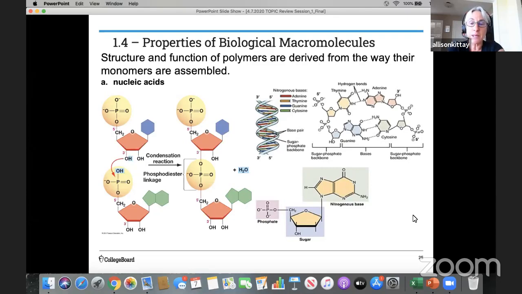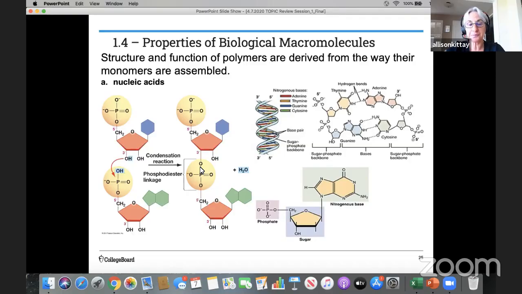So let's take a look at how we build a nucleic acid. So we are going to do a condensation or a dehydration synthesis reaction here. And so what you've got is 1 nucleotide. It has its phosphate group, and there's our phosphorus. It's got a pentose or 5-carbon sugar, and it's got a nitrogenous base. And we are going to remove a water molecule. We're going to remove a hydrogen from this nucleotide and a hydroxyl from this nucleotide. That will form water, which you see over here, and those 2 nucleotides will be linked together through a covalent bond, and this is called a